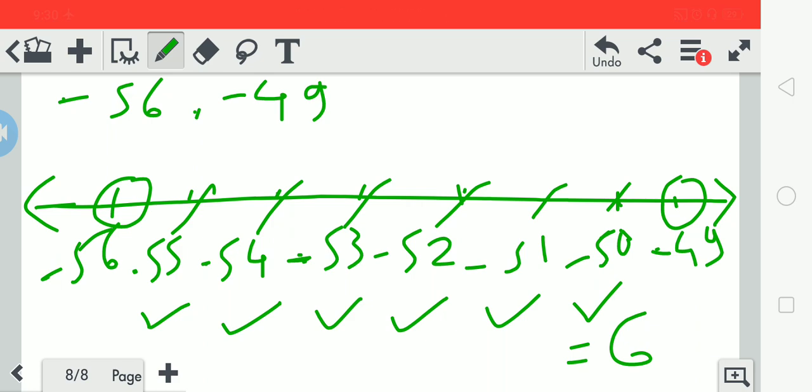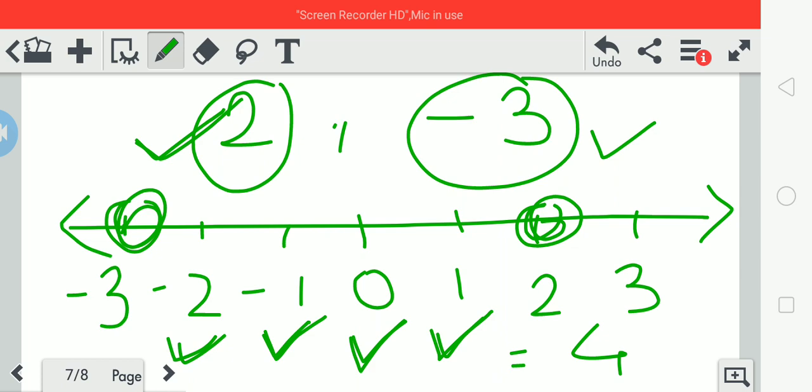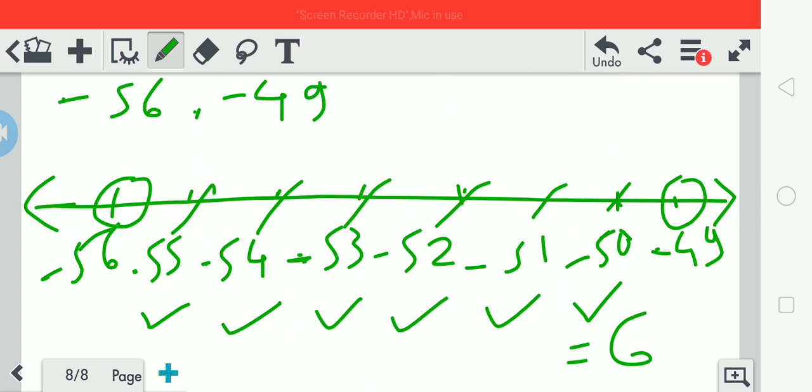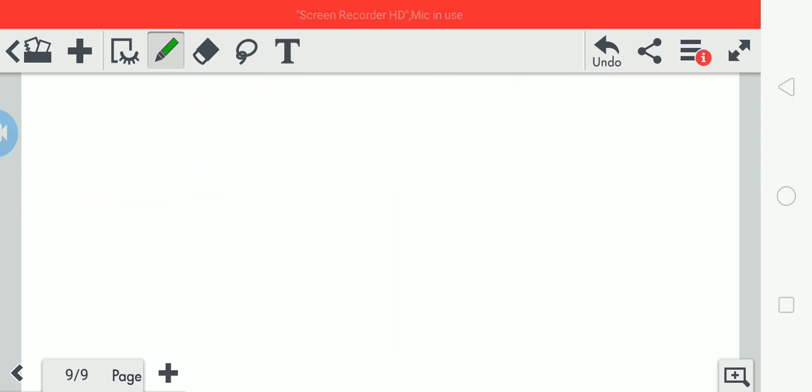Get it? Now we have learned if both numbers are negative, how to draw the number line and how to calculate the numbers in between. If one number is positive and the second is negative, how to count the numbers, that we have seen also. If both numbers are positive, that condition we have also seen. Now the fourth condition is, suppose you have to count the numbers in between 0 and -7, right? So see, this is an example from question number 7.